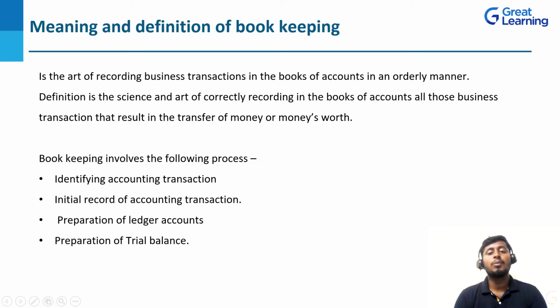Your trial balance format is serial number or date, particulars, debit, credit. On your debit side, we are going to record all your assets, expenses, and losses. And on the credit side, we are going to record all your income, gains, and liabilities. Once we get the closing balances, we need to prepare the trial balance. So these are the 4 steps involved in bookkeeping.